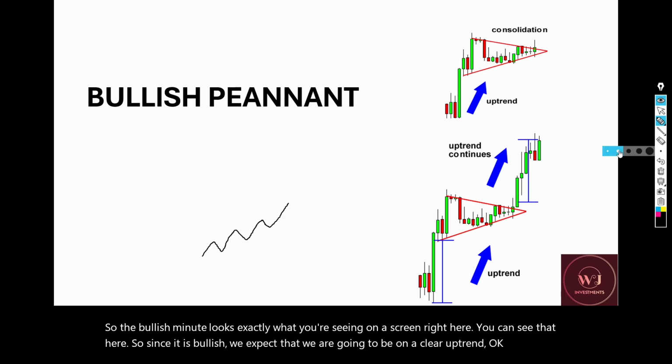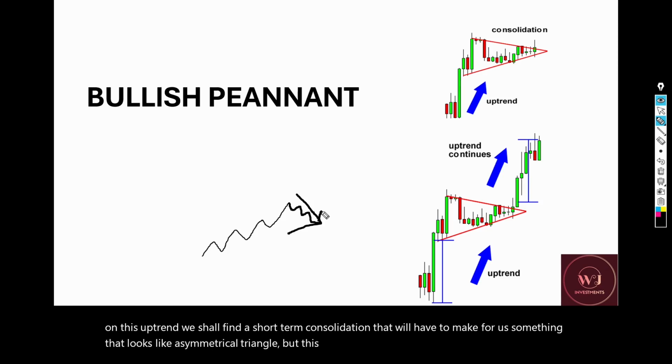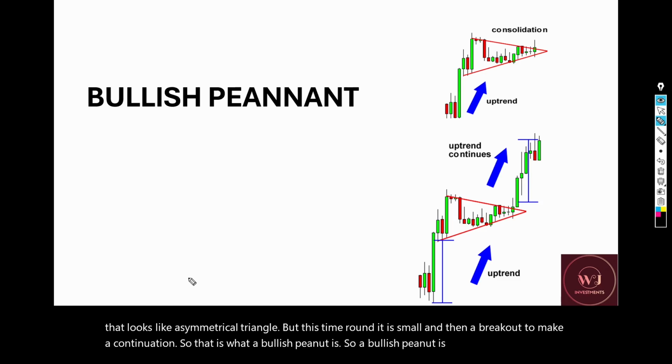And then on this uptrend, we shall find a short-term consolidation that will make something that looks like a symmetrical triangle. This time around, it is small, and then a breakout to make a continuation. So that is what a bullish pennant is. A bullish pennant is simply a continuation